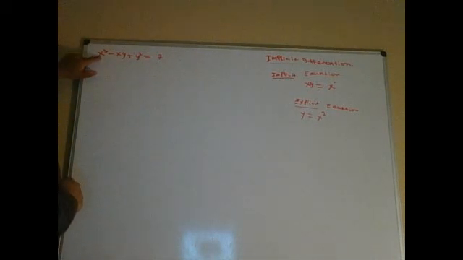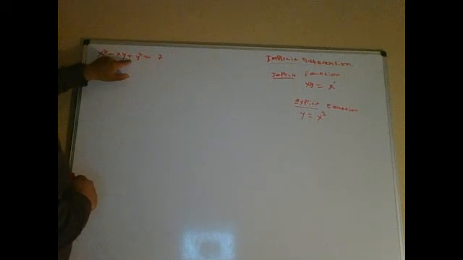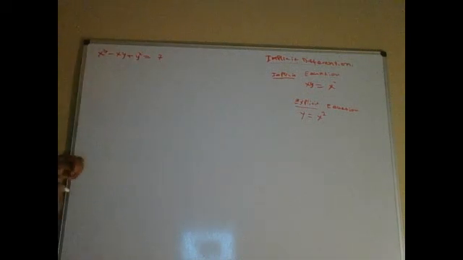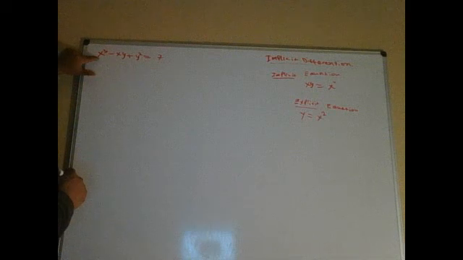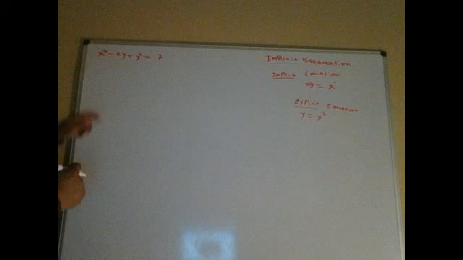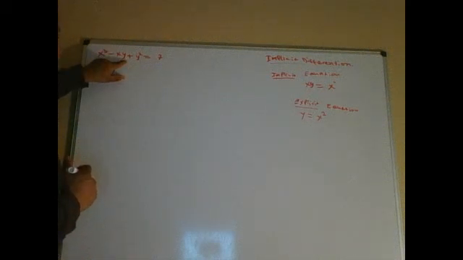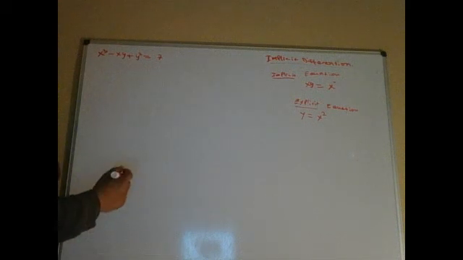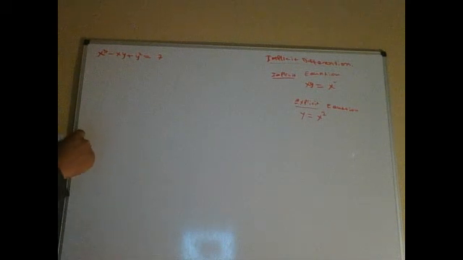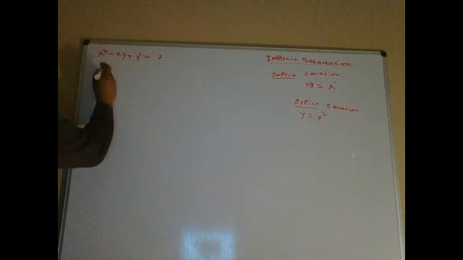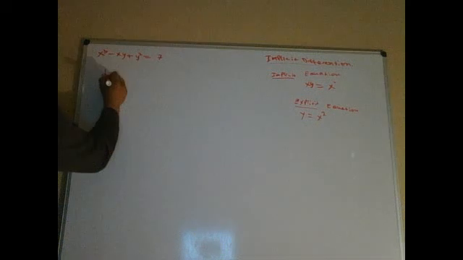Now, I'm going to use implicit differentiation to find the derivative of this equation right here: x cubed minus xy plus y squared equals 7. I'm going to take the derivative of every single term with respect to x and multiply the derivative of y by dy/dx, right? So I'm going to rewrite everything, taking the derivative with respect to x, which will be d/dx